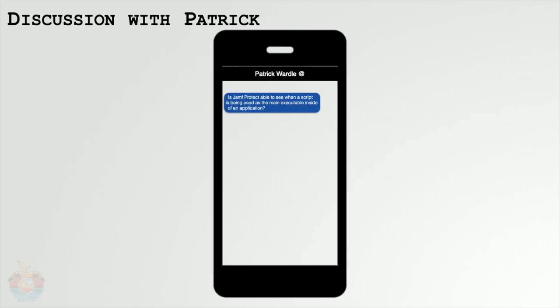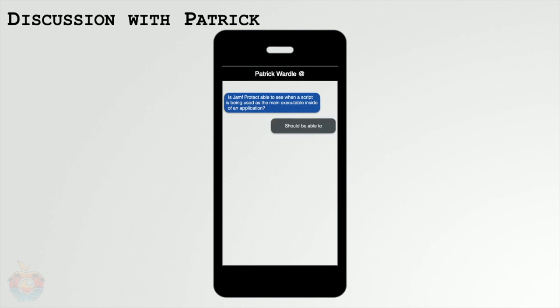All right, so Cedric talked to you a bit about discovering the bug. Patrick talked to you about how he dug into it and discovered why the bug worked. So I'm going to talk through a bit about how we uncovered this being used in the wild, which was definitely pretty cool. So first off, Patrick messaged me and asked if Jamf Protect was